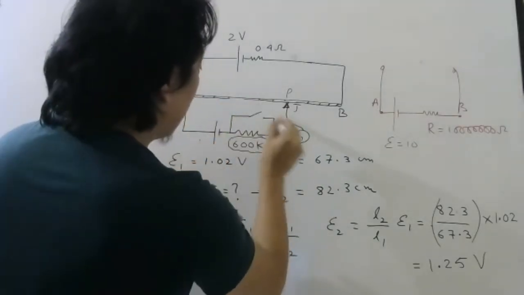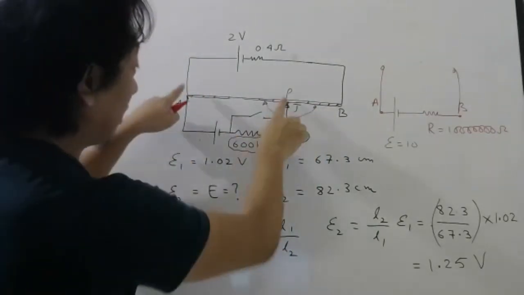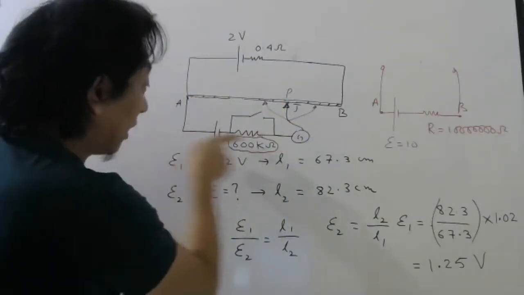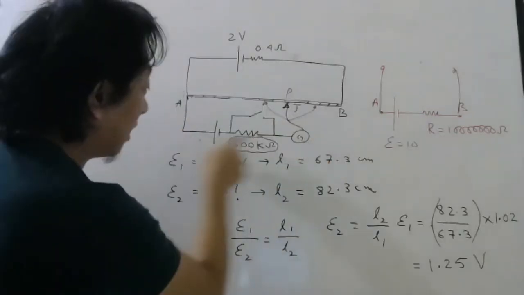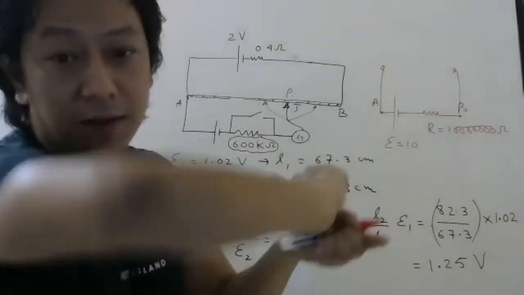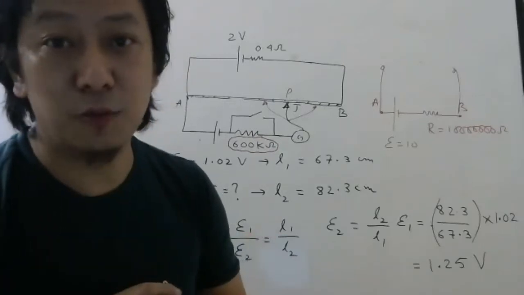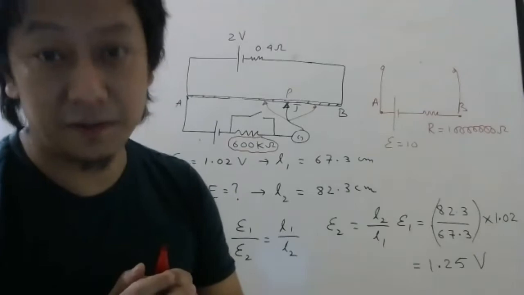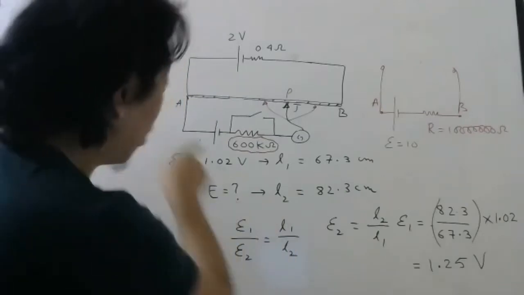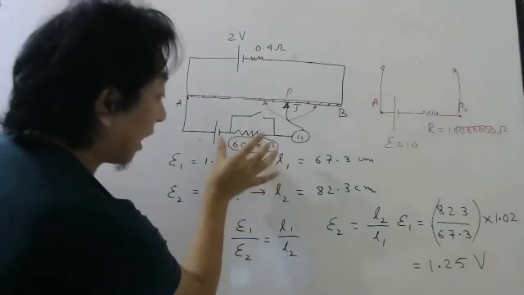So when you are somewhere here or somewhere here, that time current will flow, because the voltage here and here will not be the same. So that time there will be some current, and we don't want that current to be very high. If that current is very high, then this galvanometer will get damaged. The needle will go patak like that, too much, and then the spring may get loose. The spring which is inside the galvanometer, which I will be teaching you in the magnetism chapter. So to ensure small current here, when you are not at the balance point, we are putting a high resistance.